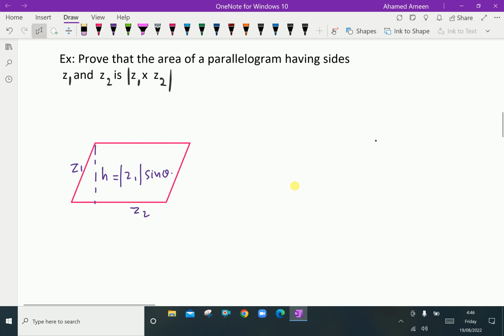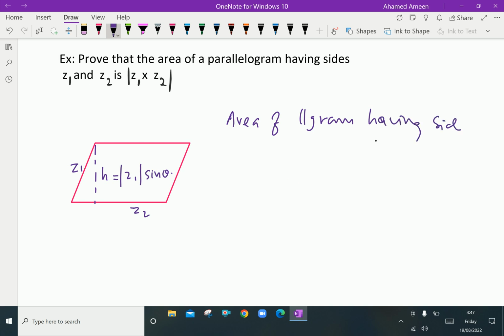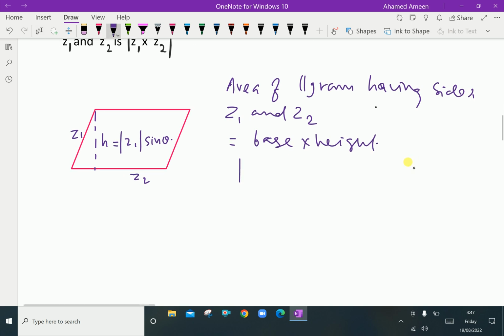Now, area of parallelogram having sides z1 and z2. Here, these complex numbers, vectors z1 and z2, are its sides. Now, we know that this area is equal to base into height. Base is modulus of z2 and height is modulus of z1 sine theta